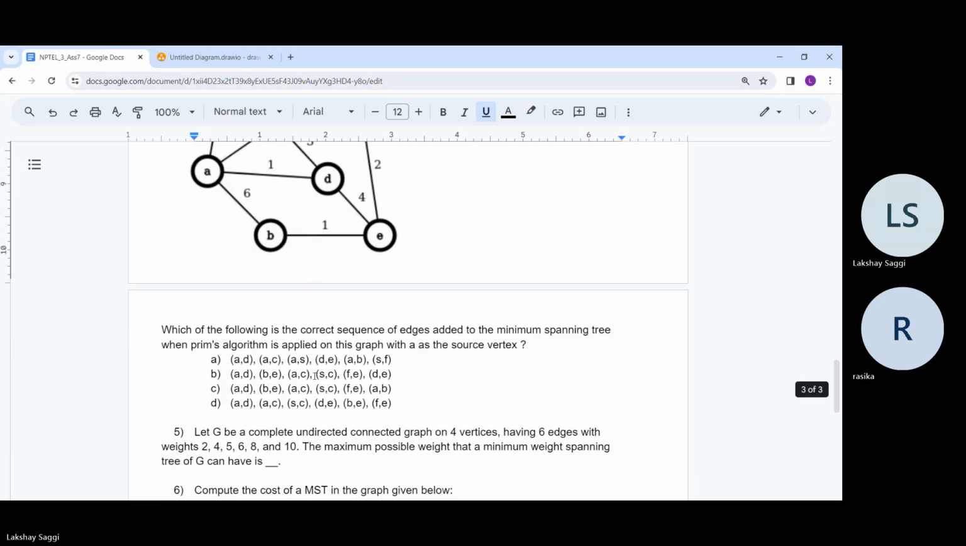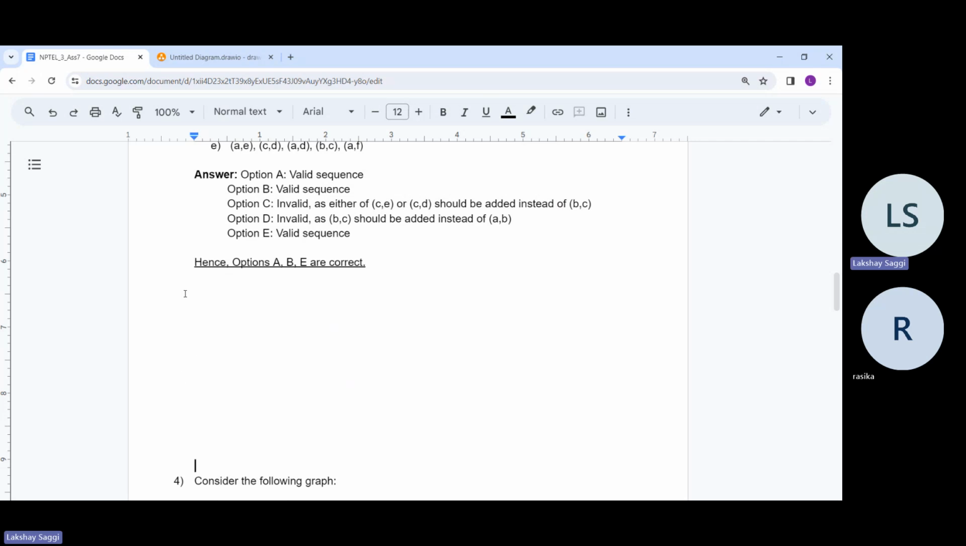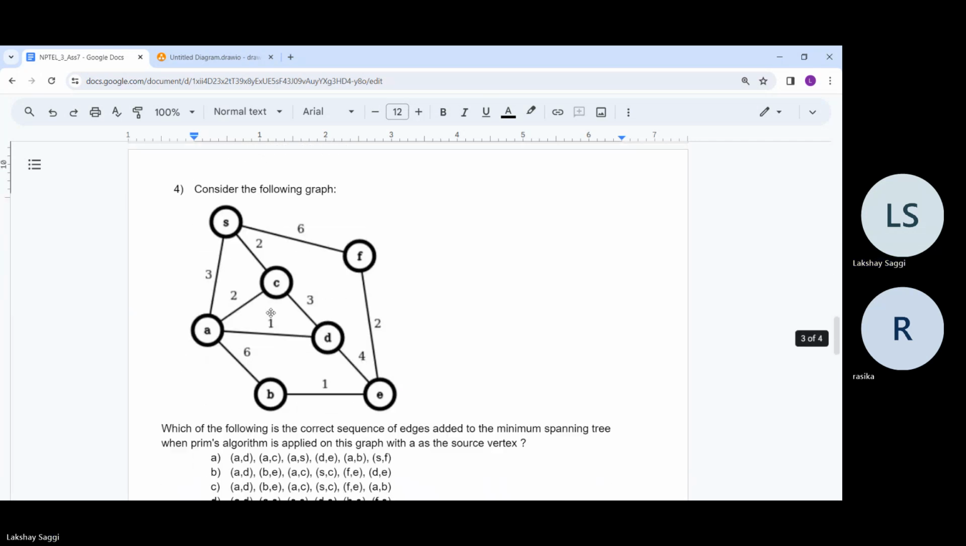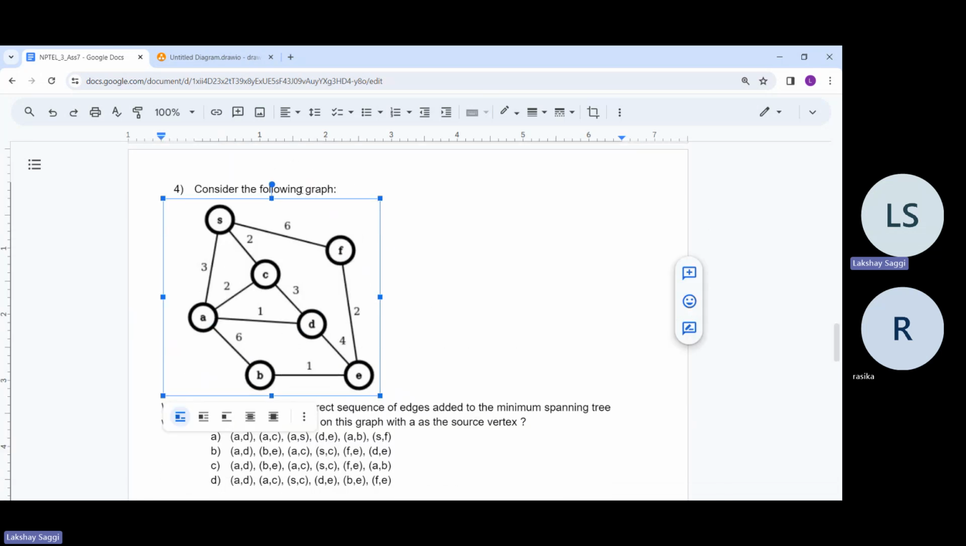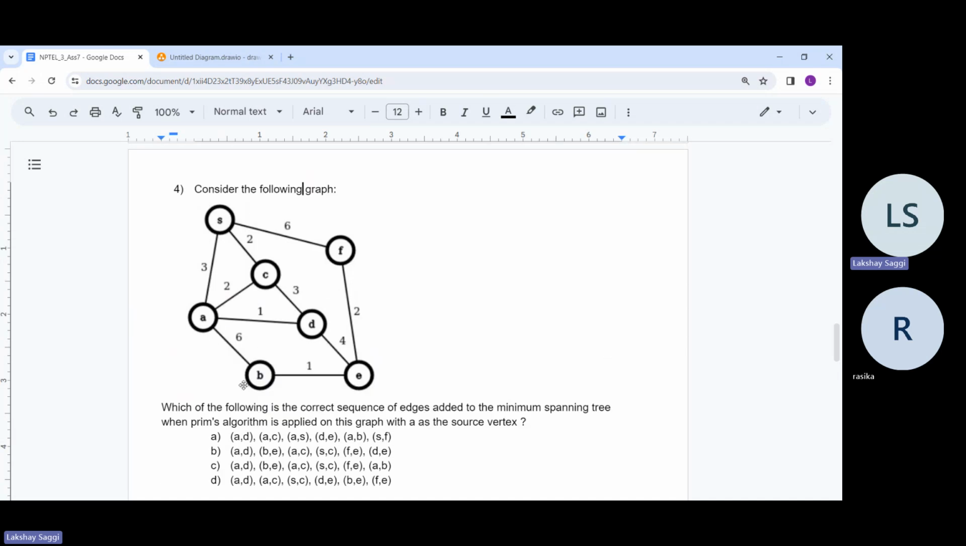Okay. So now let's come to the fourth question. Maybe I should do it on the next page. So yeah. The fourth question, I believe, is another question which is similar to Prim's and Kruskal's. So now it asks us which of the following is the correct sequence of edges added